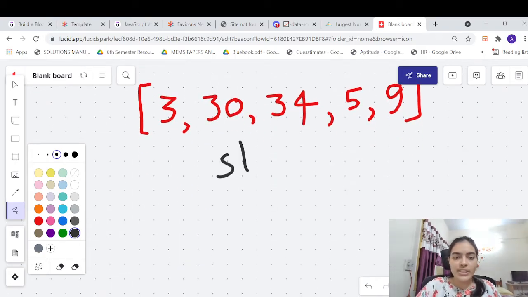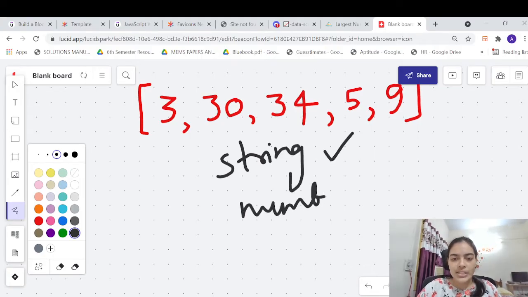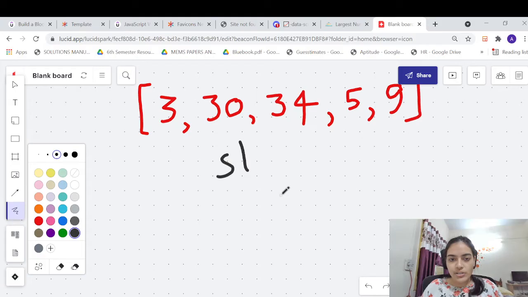What is that simple solution? Is to use them as strings instead of numbers. So if you write them as numbers, it will be problematic. You will have to compare digit by digit. Also, you will run into problems in such cases where you may have a second digit for one number, but you don't have for the other number. So you write them as strings. That will solve our problem.